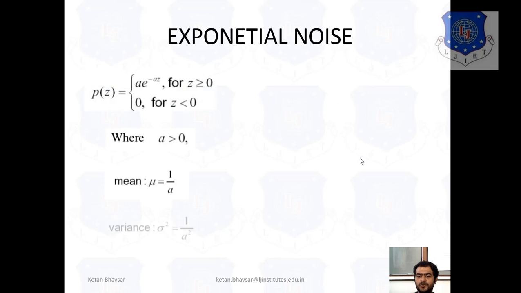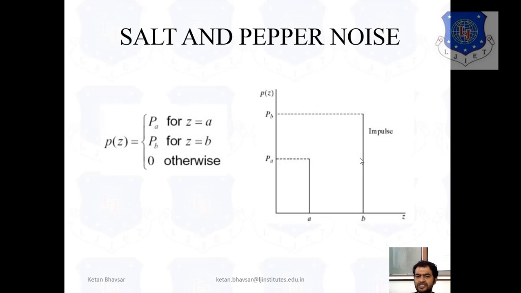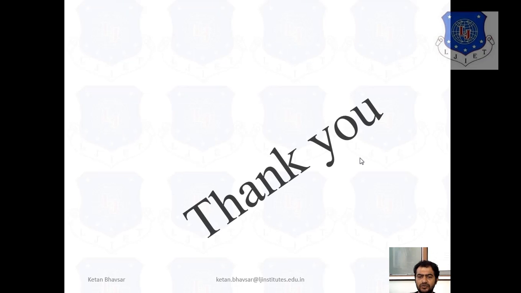Gamma noise, exponential noise, uniform noise, salt and pepper noise. We also have different types of filters that we have to study in the next session, and it also depends on how much quantity of noise is available in your image. So it also plays a main role whether we go with the Gaussian filter, the mean filter, or the median filter. That we will definitely discuss in the next session.